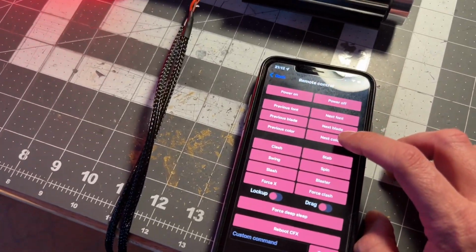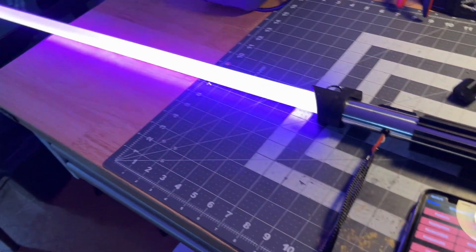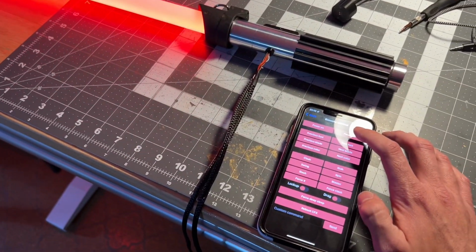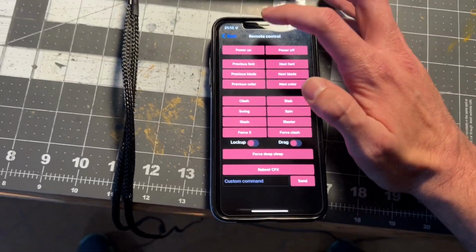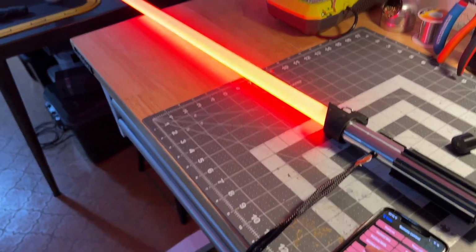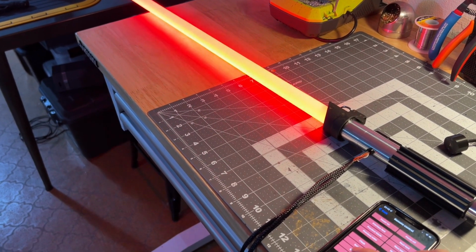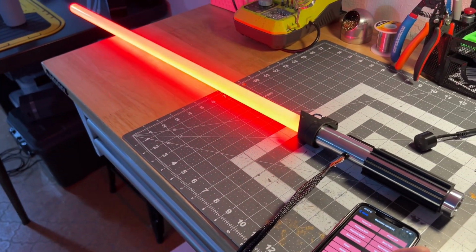You can also change color. So you can tap next color and go through the whole color wheel, right? Go back to red, we can power it down. Okay, you can change fonts here. By the way, let's look at fonts. Oh, I want to show you the other stuff too, hold on. So you got clashing, swing sounds, slashing, force sound. So every time you play a force sound, you'll get a quote from that movie, whatever font